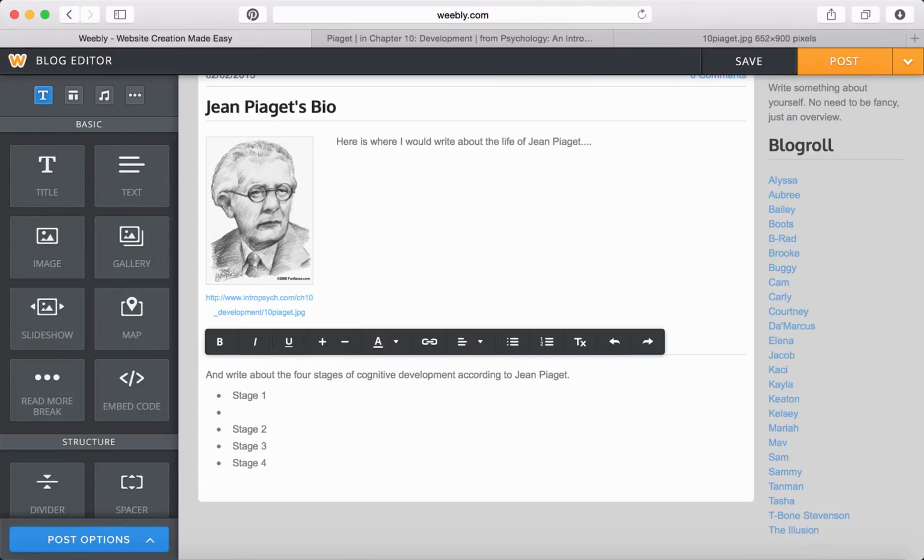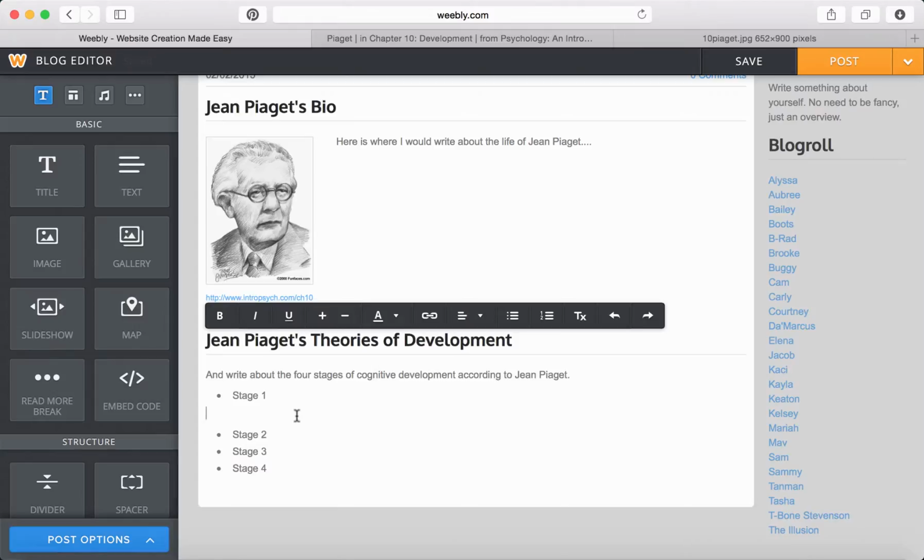Okay. If I push enter, it's going to bullet point it again. If I want to get rid of the bullet point, all I do is go over here and click it, and it gets rid of it just like that. That would allow me to go ahead and type underneath stage 1 anything that I wanted to. If I wanted to from here, let's say I said stage 1